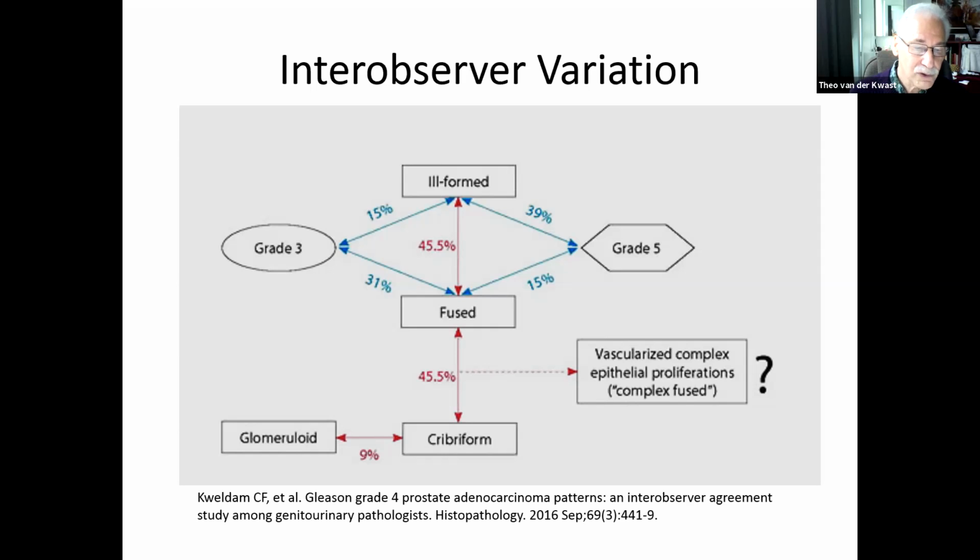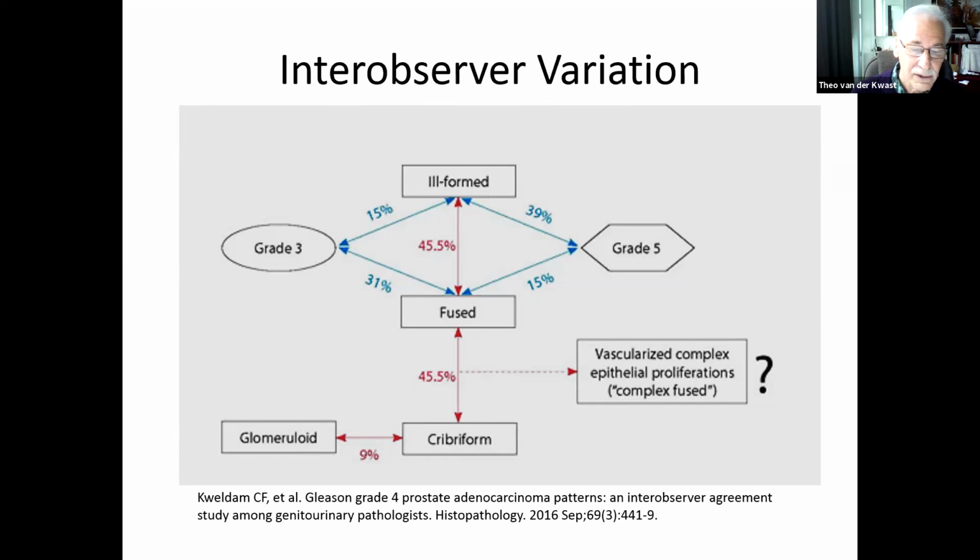How about reproducibility among pathologists to identify cribriform pattern? This scheme, based on an inter-observer study by Kveldam et al., shows the various morphologies like Gleason grade 3 and the various Gleason grade 4 patterns, such as ill-formed, fused, glomeruloid, and cribriform pattern. From this study, it appeared that cribriform pattern was the best recognized pattern among all the grade 4 patterns, but